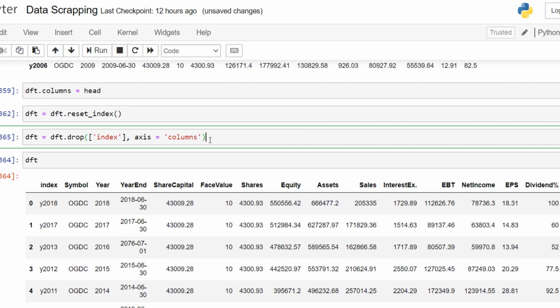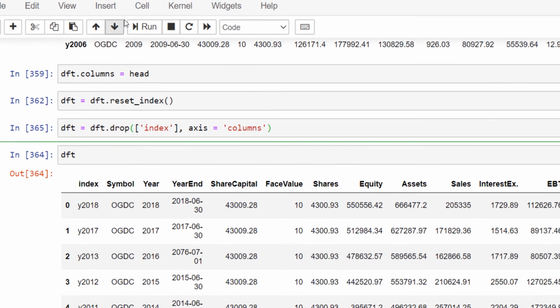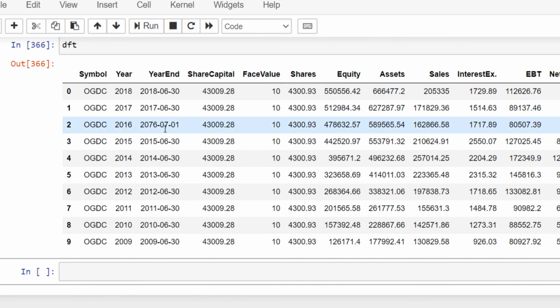So once we run this code, we see the index is gone. And as a last step, we would like to transfer this data to Excel. So that is the name of the data frame DFT dot to